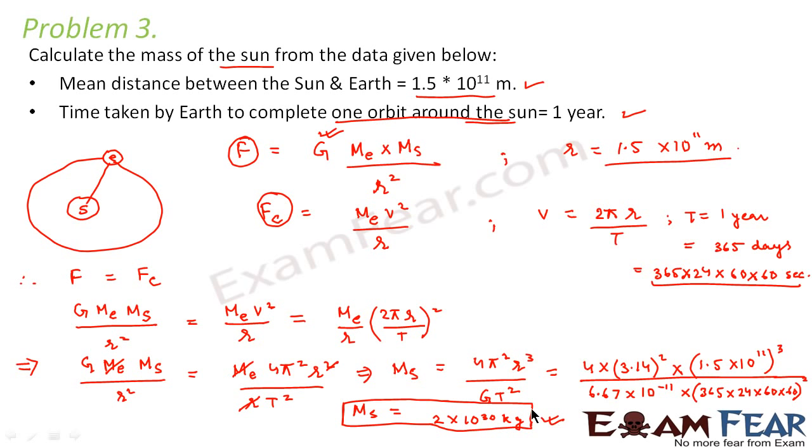Fine. So I hope you understood how we calculated this. In this case, this is our earth, this is the sun. The earth moves in a circular orbit. Therefore, there is a centripetal force which acts. The centripetal force acting on the earth should be equal to the gravitational force acting on the earth due to the sun. So this is the gravitational force, this is the centripetal force. We equated both of them, because in equilibrium, both of them should be equal. That is when the earth is moving in a stable manner around the sun. That means these two forces must balance each other. And then we have just substituted the values which are already given to us.